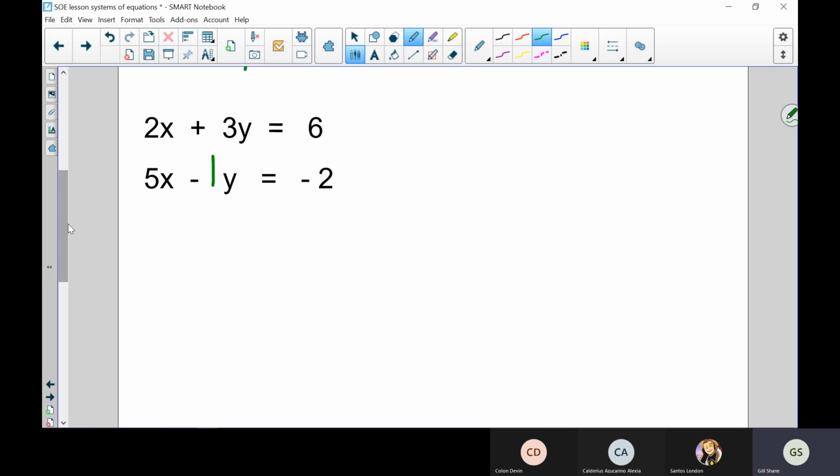Is there a number though that I can multiply times 1 to get 3? Yes, 3. If you understand that your goal is to find some number you can multiply times this to get to 3, it's normally going to be pretty low numbers and you can figure it out. So I need to multiply this number, this 1,